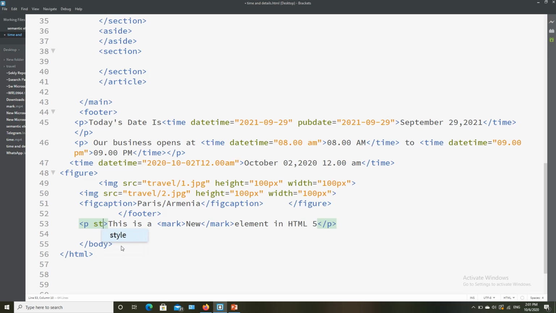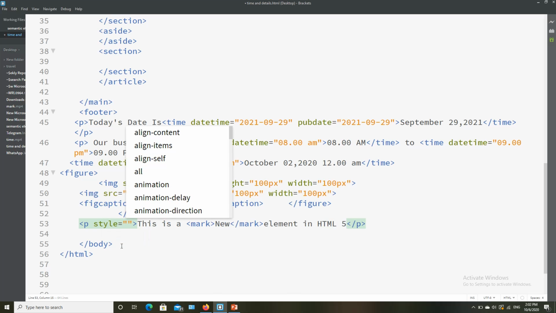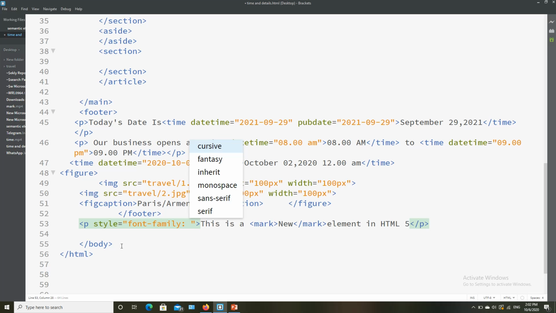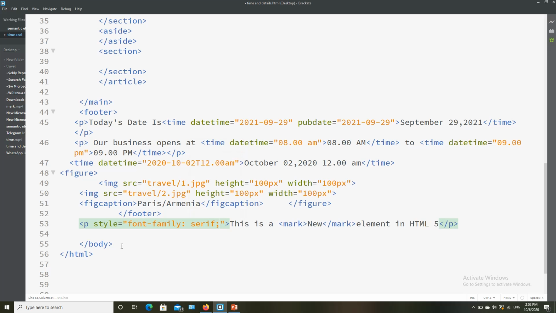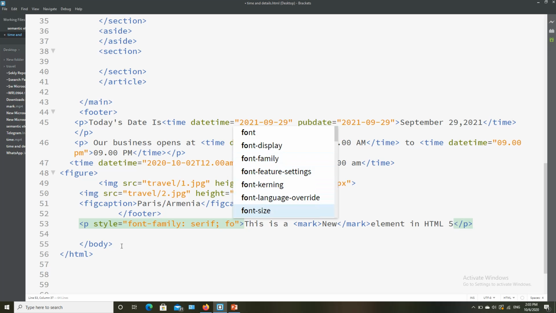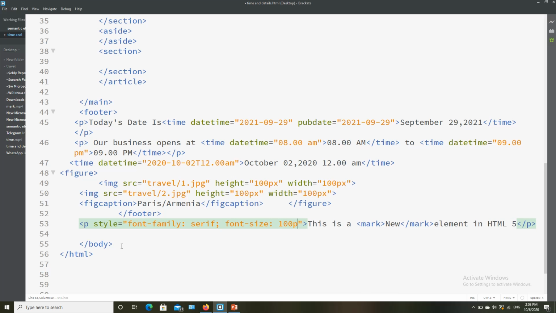Inside the paragraph, I have to add style. Because we didn't write any CSS style, that's why we need to write a font-family and font-size here inside the style on the paragraph. Style, font-family. We have 3 different types of fonts. I choose this one and I put a semicolon, and after that I put font-size 100 pixels,